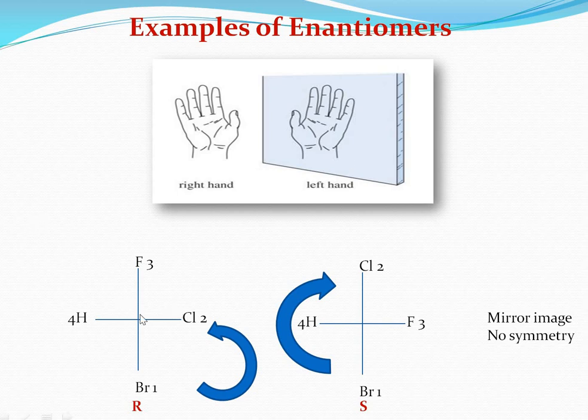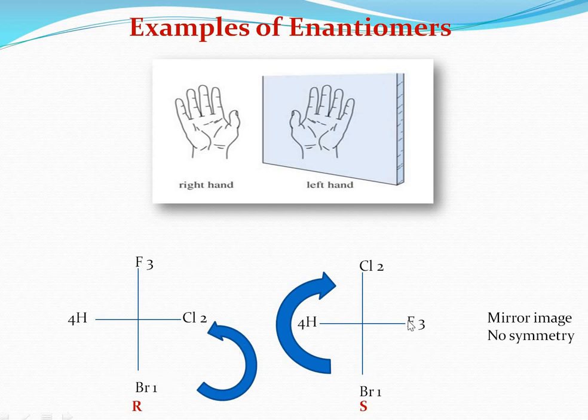This is another example in which the chiral carbon has 4 different groups: chloro, bromo, fluoro, hydrogen, and this is the Fischer projection. If we rotate this and give the numbering, the first number goes to bromo, then chloro, fluoro and hydrogen. When we rotate this, it goes anticlockwise, but hydrogen is projected in the wedge position, or we can say projected horizontal. So the rotation will be reversed, and it will be the R configuration.